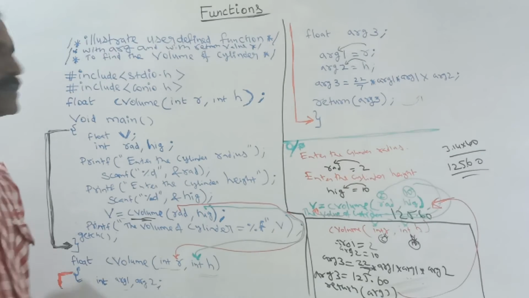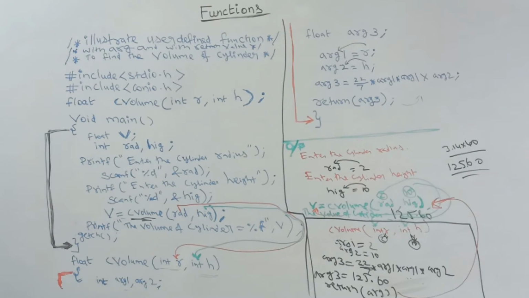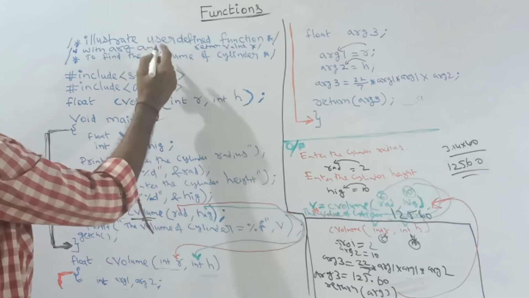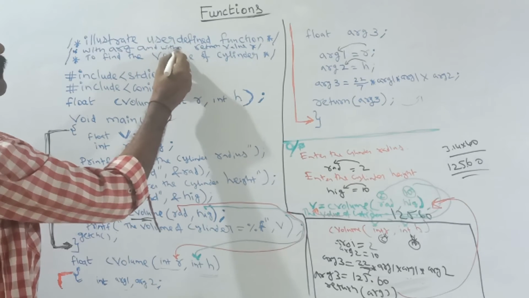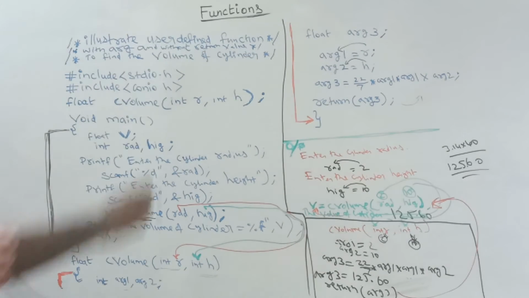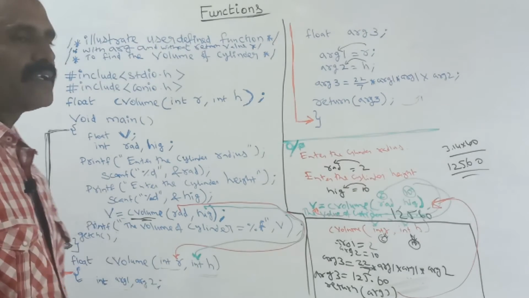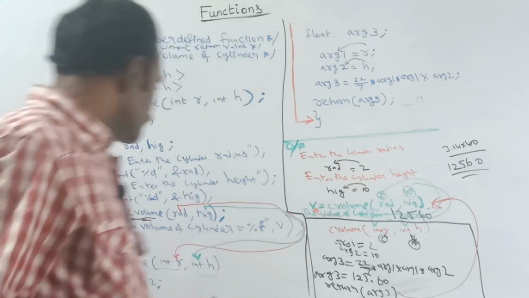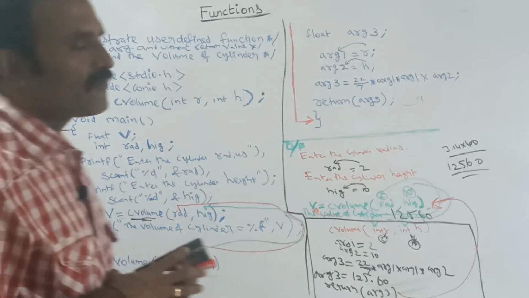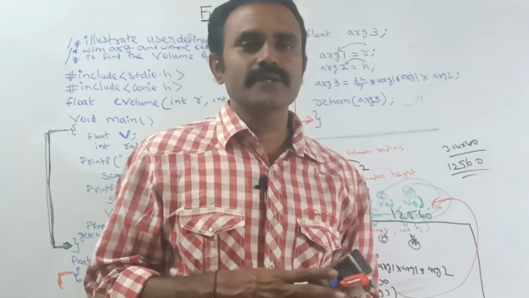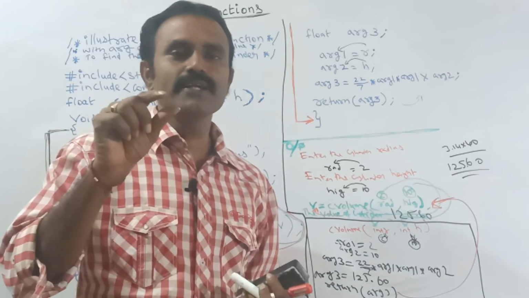See, now we are going to see another example, that is with argument and without return value. Without return value, with argument and without return value. If the function does not have any return value, we should declare it as void. So now in the same way, we can find the volume of another shape, that is, here we can find the volume of a cone.